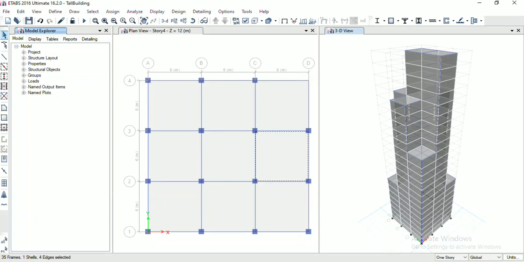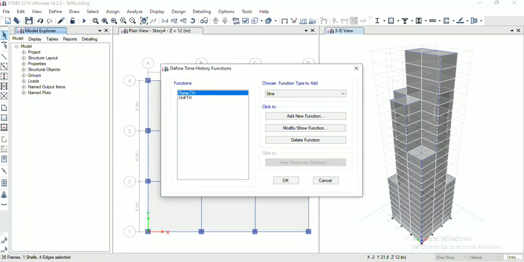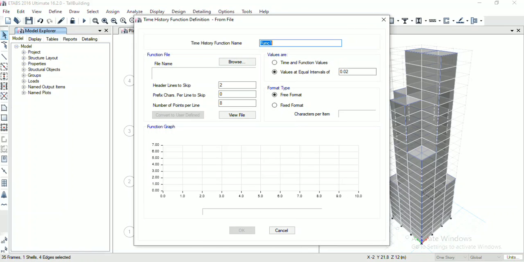Now we will add seismic time history function. For that, go to define functions in time history function. Select from file and click on add new function. Name it as time history.